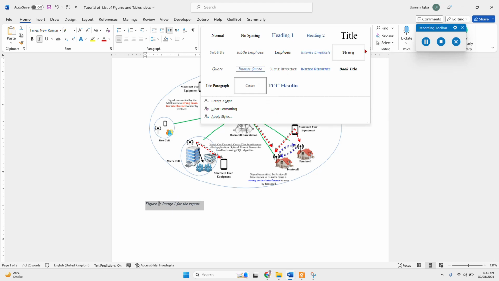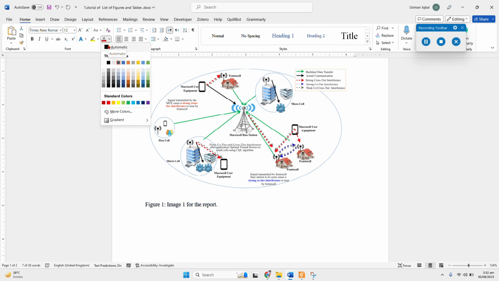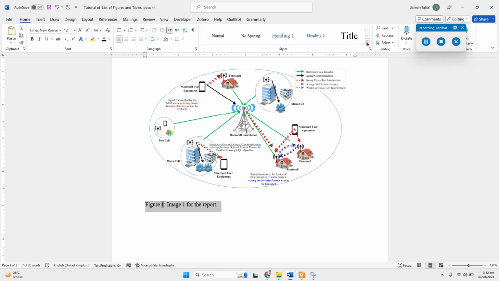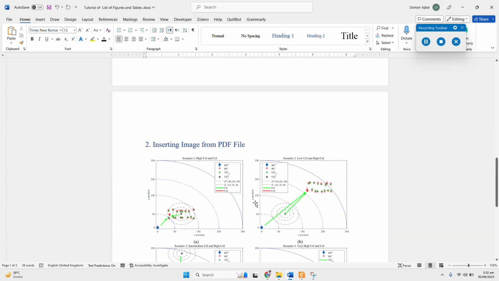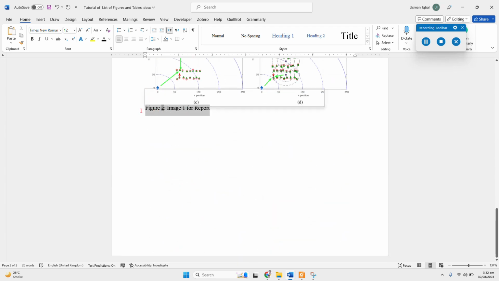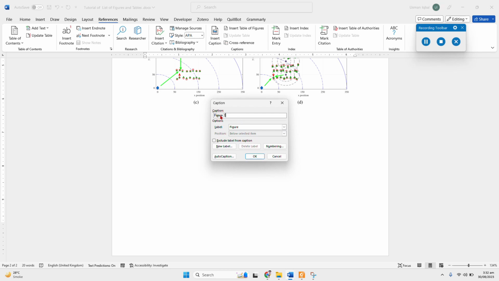So when we click the styles here, we can see there's a caption style selected. So now let's update this. We select 12 Times New Roman, and we remove its italic part and also change its font to black. So now we can update the caption, and next, in Figure 2, now let's enter the caption for this figure. Now we see that the formatting is automatically applied here. So Figure 2,